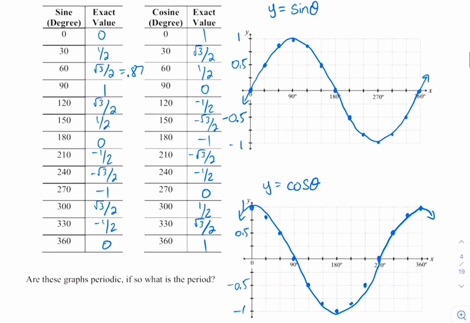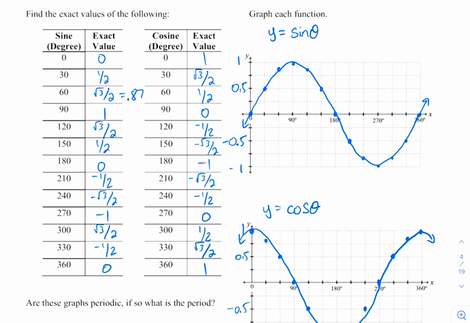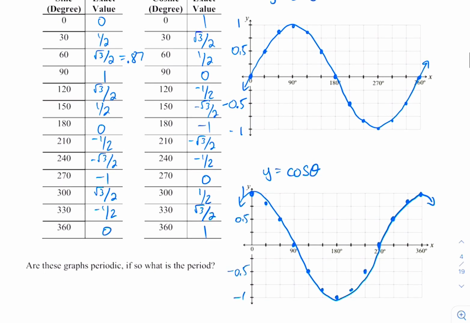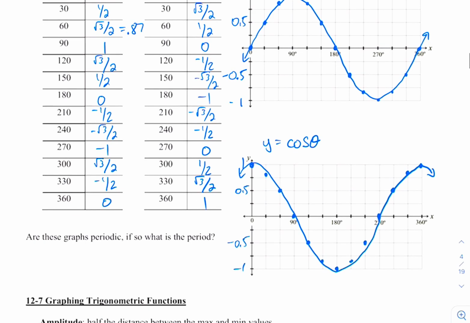Okay. So they should look something like this for each of them. Okay. So anytime we are talking about sine and cosine, this is our starting point for talking about these graphs. Now, as I'm looking at this, if I were to continue my degrees, my y values are going to start to repeat. So this is going to continue this waving pattern for sine and cosine in both directions. So that means that both of these are periodic, and that when we are in degrees, our period would be